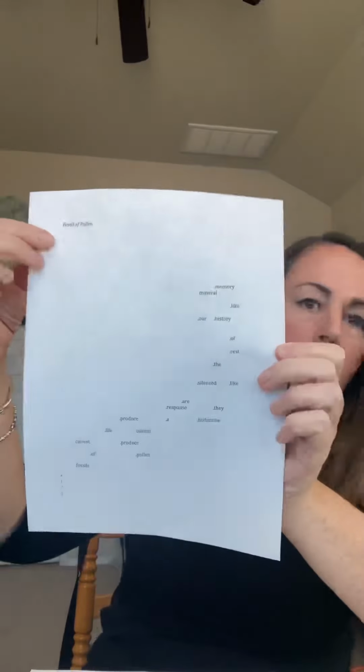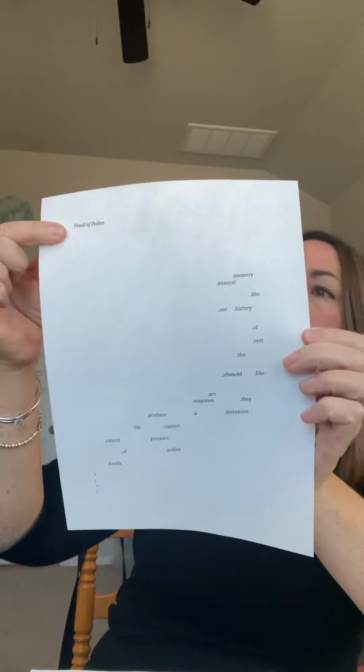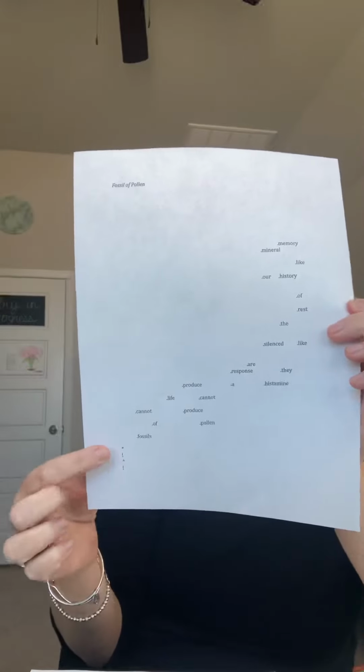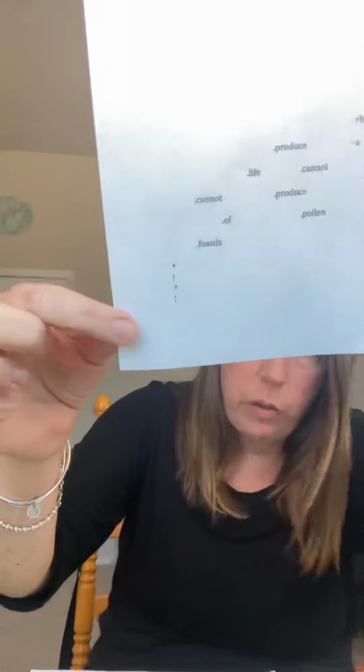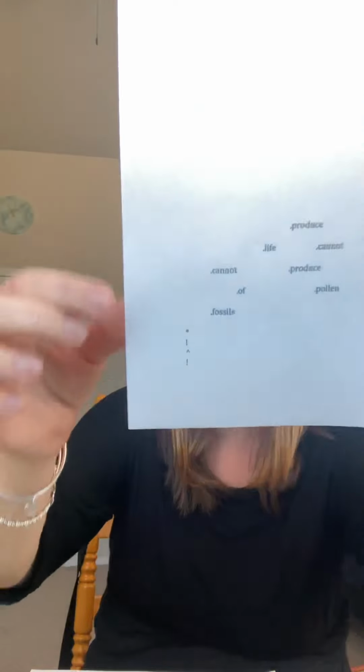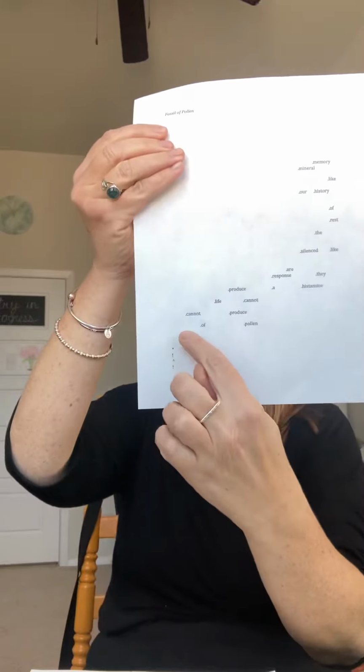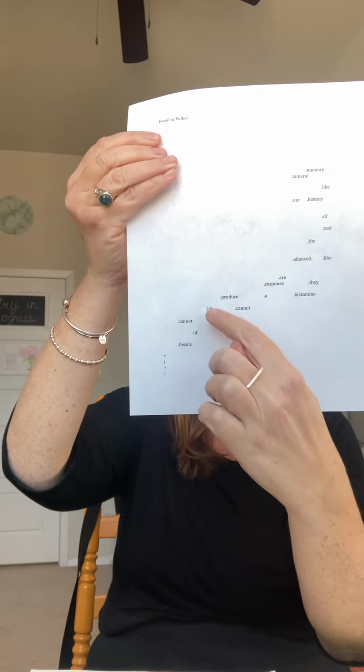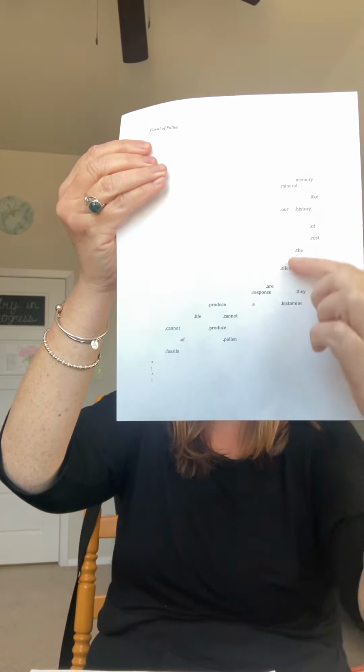And so I wrote a poem called Fossil of Pollen. This kind of punctuation is meant to be like a flower. And then there's a period next to each word, and it's meant to be read this way and to look like drifting pollen. But if you read it going this way, it reads,